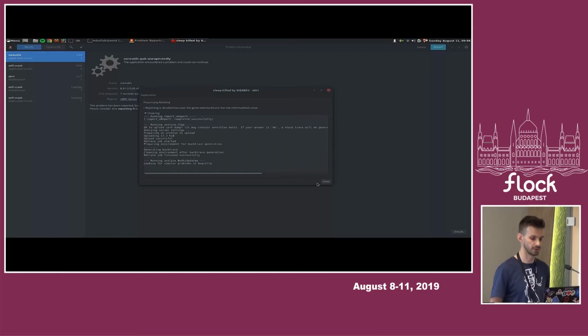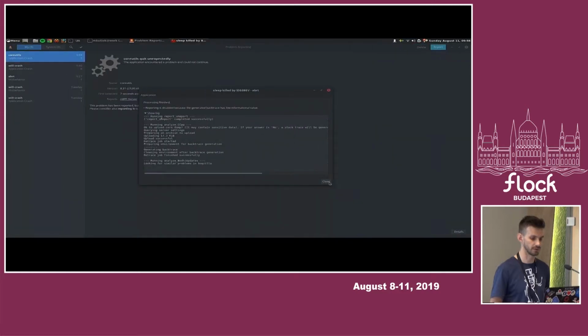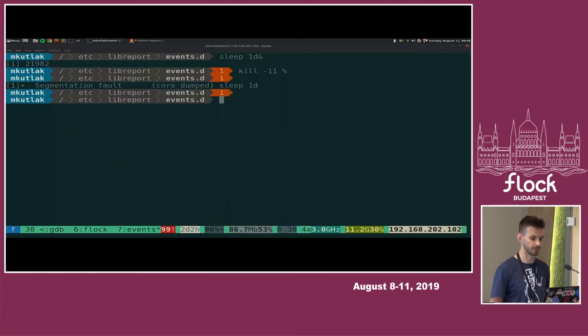Is there a functionality to attach logs from the journal? Yeah, actually DNF or, if we create the event, and I can